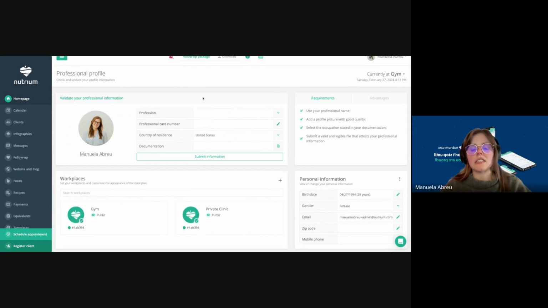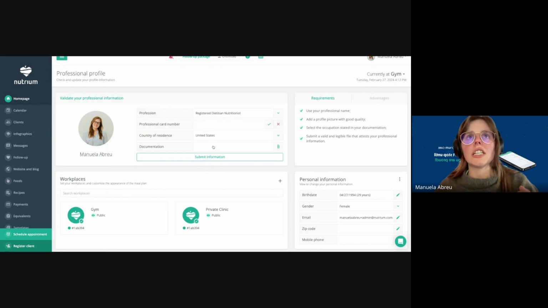So adding here your CDR card. Some of you have already done it. The only thing that I wanted to bring attention to is making sure that your image is with good lighting, with a professional setting, because this will be sort of the first thing that patients will see when they look at your profile. Another thing is selecting here the profession, the card number that is already in the file. That's why the file that you sent us should mention the card number so we can validate the country, and then you just need to submit